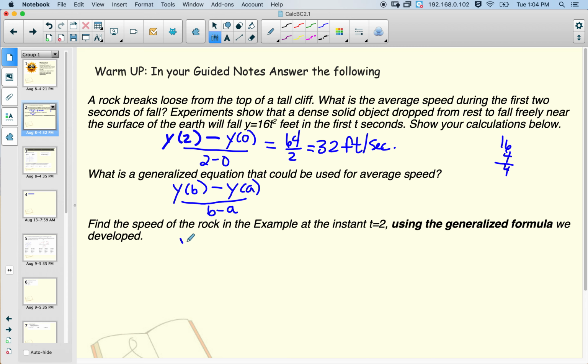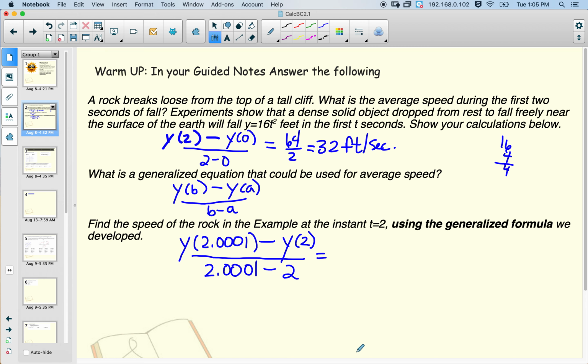So maybe we could do y of 2.0001. That's really close to 2 seconds, right? And we could subtract y of 2 from that, and we could divide that by b minus a, 2.0001 minus 2. And if we were to put that into our calculator,